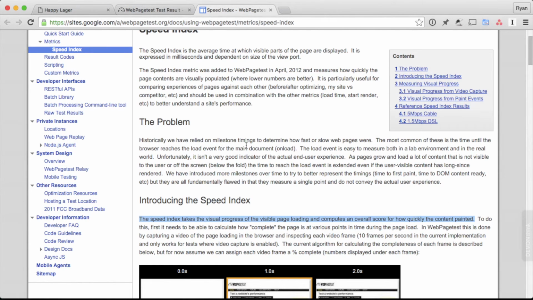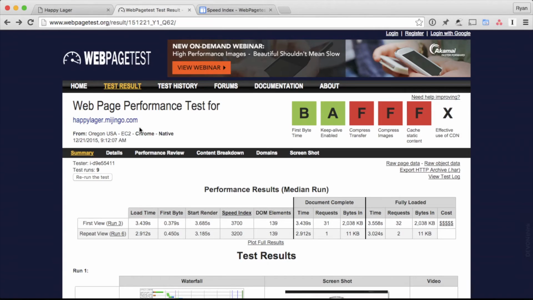On webpagetest.org, if we look at our test results, you can see our speed index is the fourth column. First run we had 3,700 and the second run was 3,200. The idea here is to keep our score for the speed index as low as possible. We don't want it really high, we want it as low as possible. The lower the score, the better. For all the details on how they calculate the submetrics around speed index, check out the detailed write-up in the